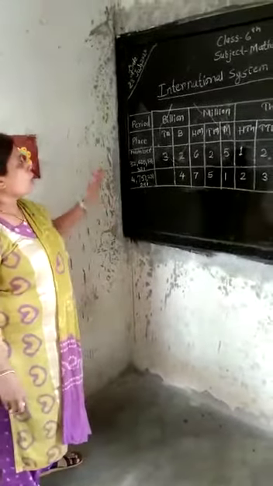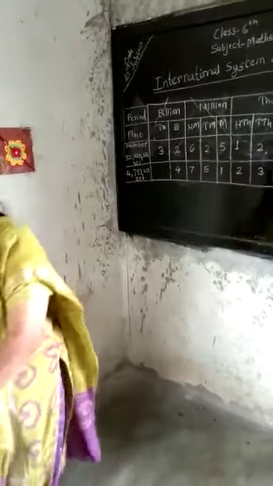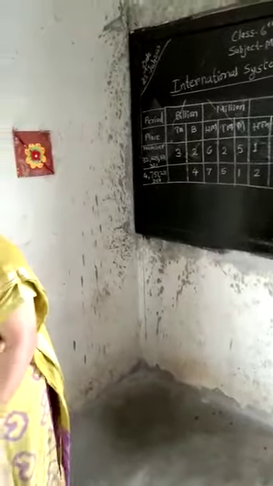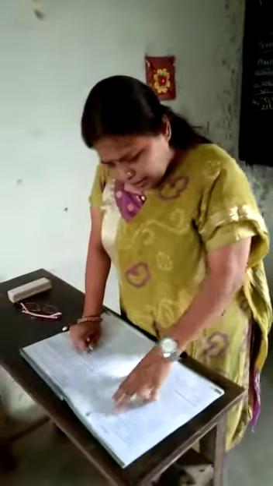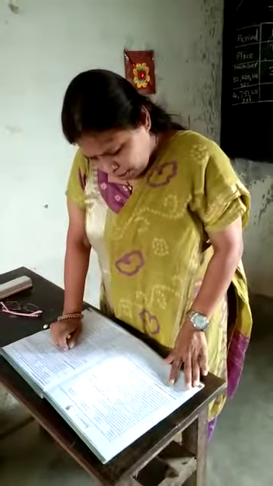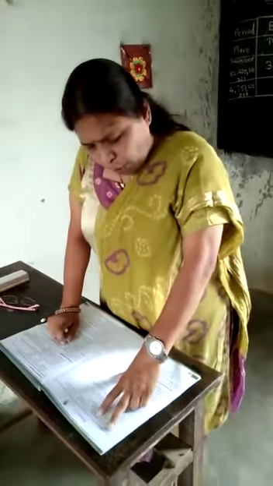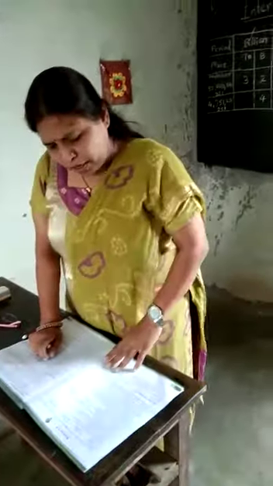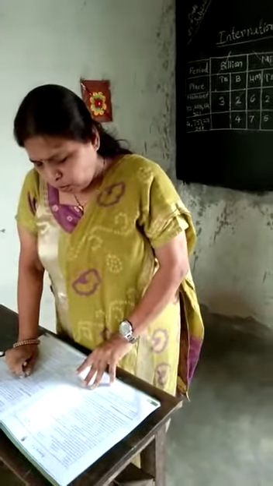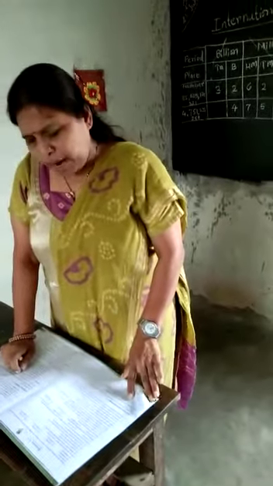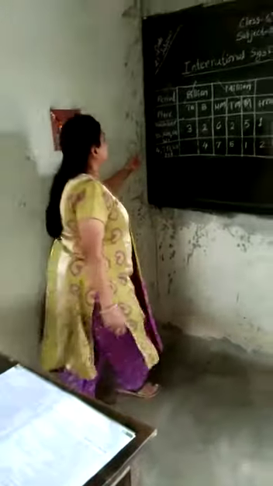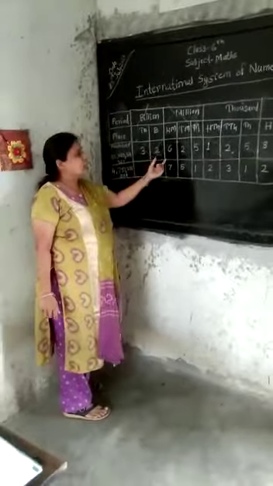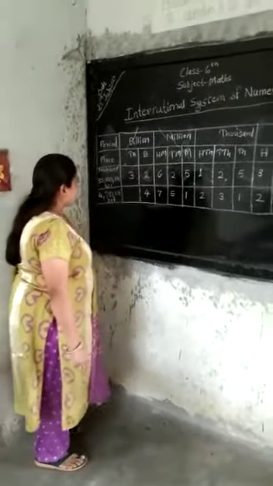Now you have to do this in problems such as some problems in exercise 1.1. That is problem number 1: write the following numbers in words according to the Indian system and the international system. When the number is in figures, we have to write it in words.